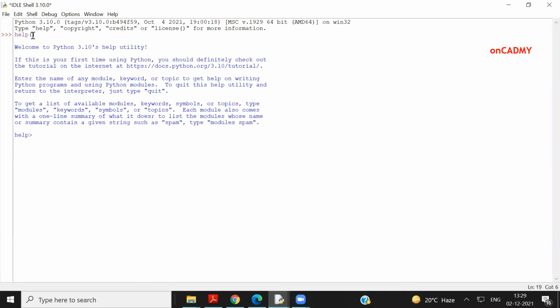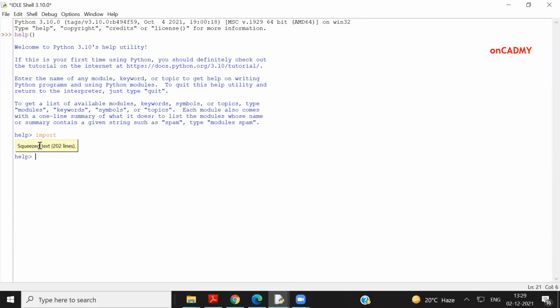You can see that the menu has changed to the help prompt. Over here, I can write or seek help on any of the topics. Suppose I want to seek help on the import command. I will just write import here and press enter. You'll see it is written "squeezed text 202 lines." That means there is a description of 202 lines about import.